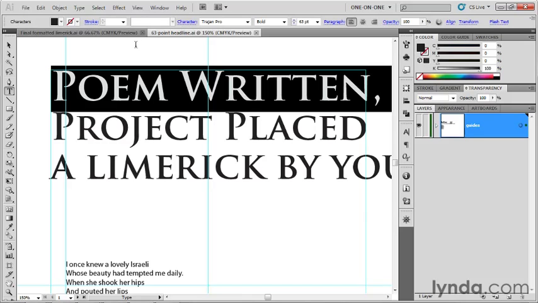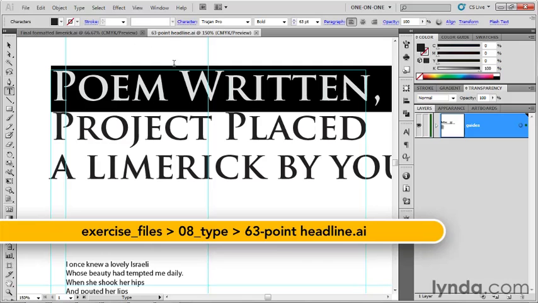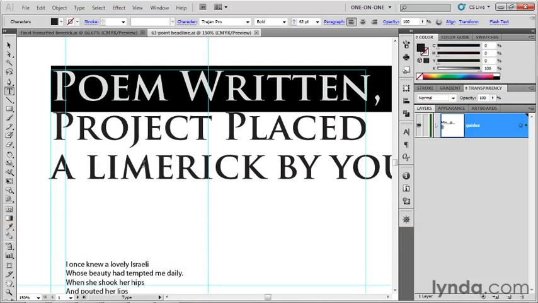I've saved my progress as 63.headline.ai found inside the O8 type folder. All right, let's make a few additional adjustments, like this byline here is way too big and it's set in